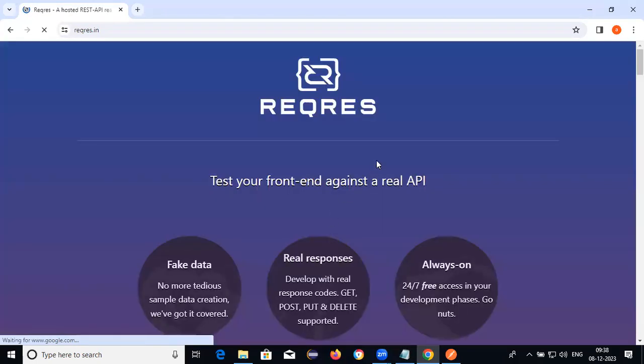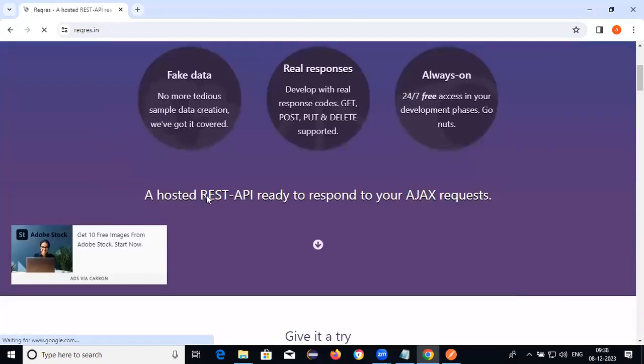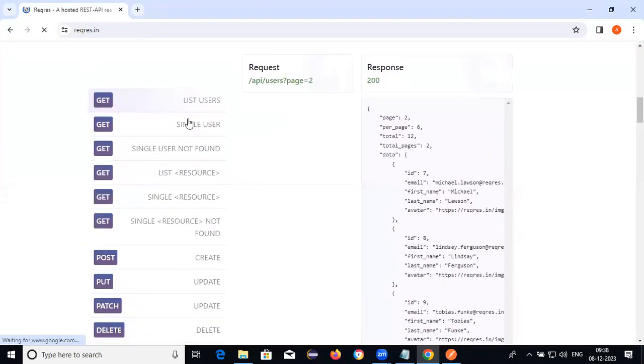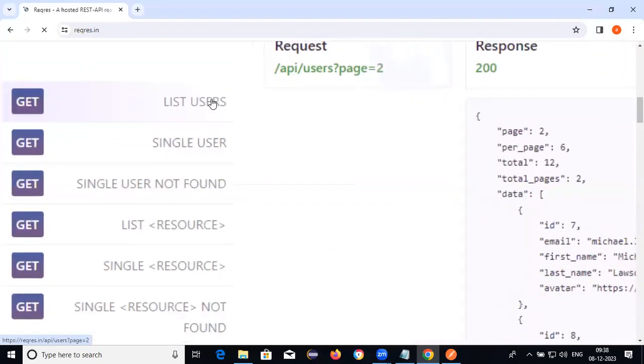This is the API website. See guys, here all the requests are visible. Okay. Now I want to click on list user.